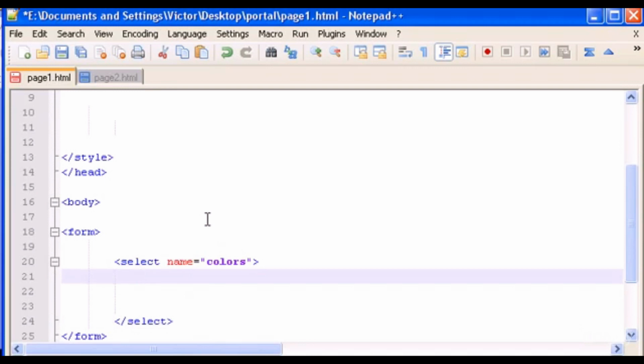And inside select, let's give an option tag. Let's type option, then option value equals, let's type